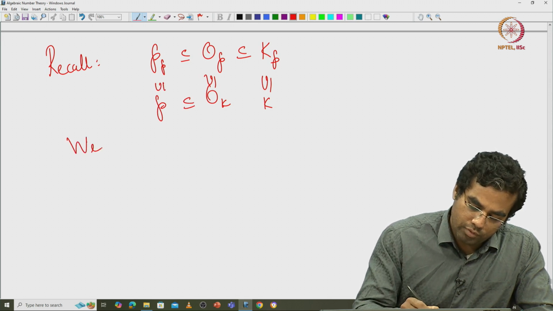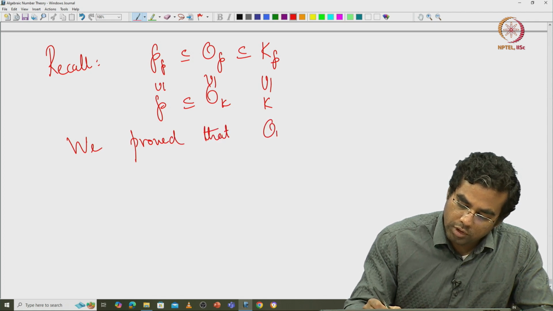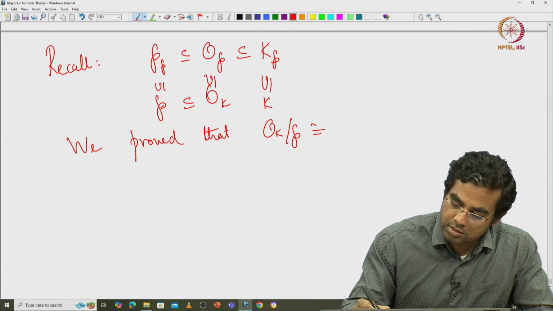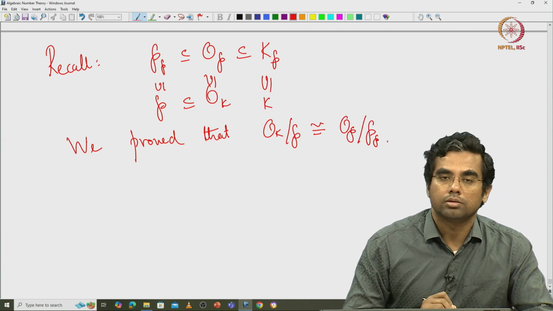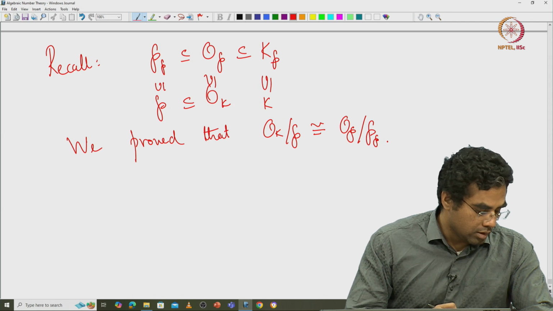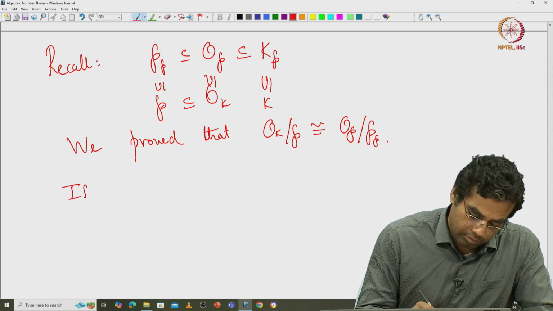And we proved that O_K mod P is isomorphic to O_P mod P sub P. Okay. In particular,